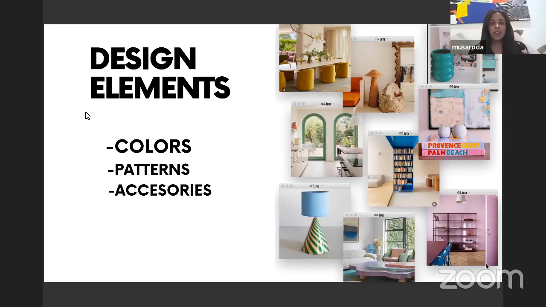Us as designers, we think we always have to think outside of the box and create things that haven't been done or haven't been made. But the reality of it is that we create things based on the trends that we've been seeing, things that we've been consuming.